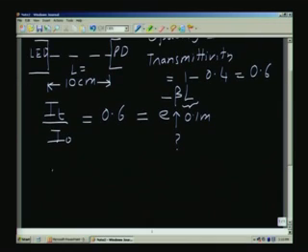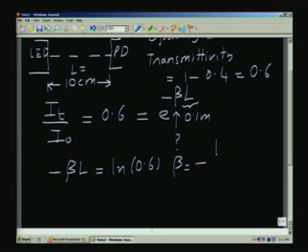So, all I have to do is to take logarithms on the two sides with respect to natural logarithm. Then you see that minus beta L is equal to logarithm of 0.6, and I can put the value of 0.1 for L, and therefore, beta will be given by minus of logarithm of 0.6 divided by 0.1, and this comes out to be